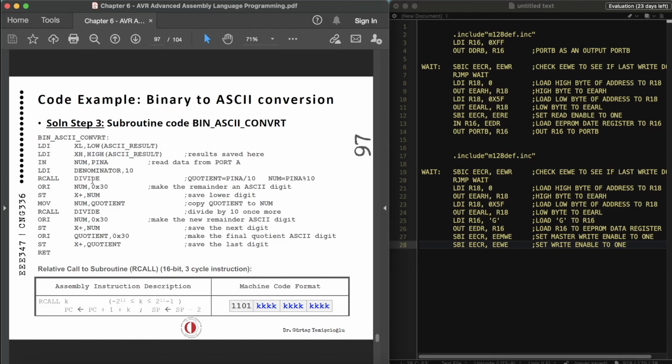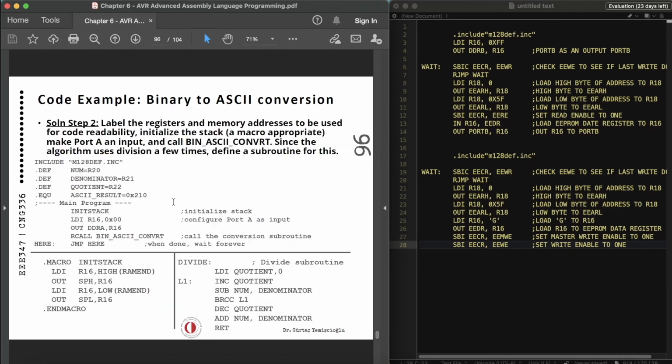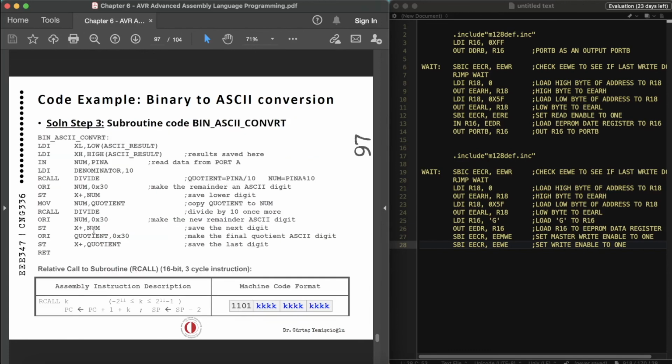We call the divide function over here with the relative call. And then once this function is completed, it returns back and ORs with 0x30 because we want to create an ASCII digit. We have to OR it with 3 so that 3, 0 or 3, 5 is going to be actually